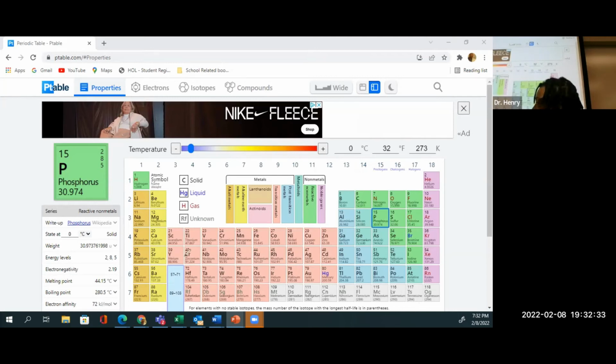Okay. So the periodic table is organized in a very specific manner. On the periodic table, we have metals, we have non-metals. If you look on the periodic table,